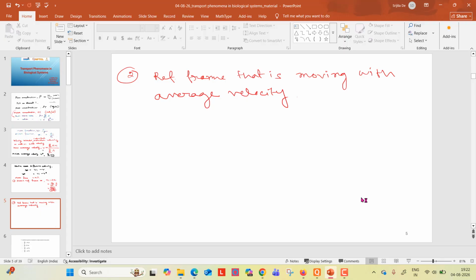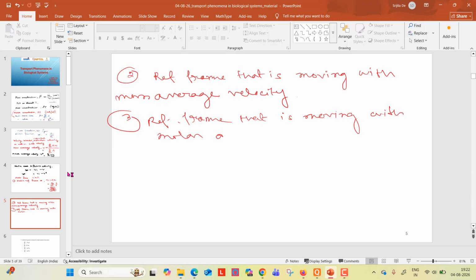And the third one is the reference frame that is moving with molar average velocity. Okay. So if we compare mass and molar both together, it will be,